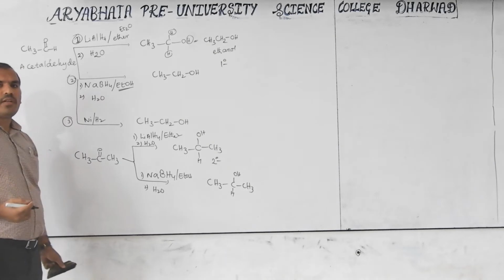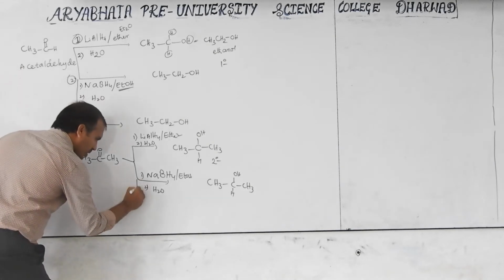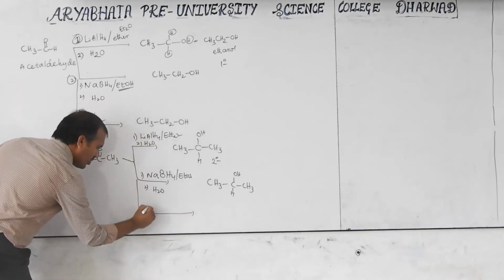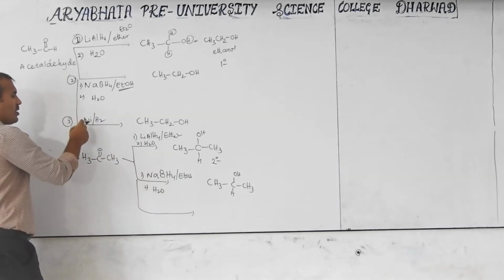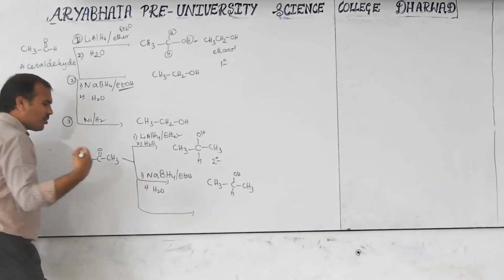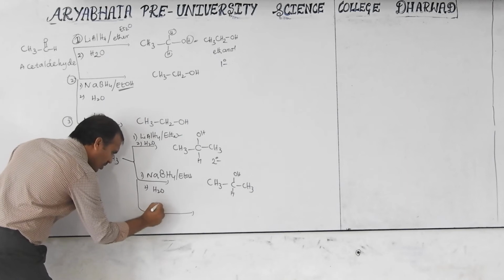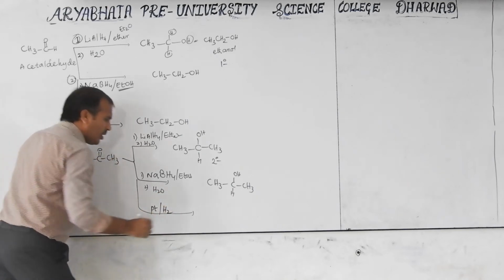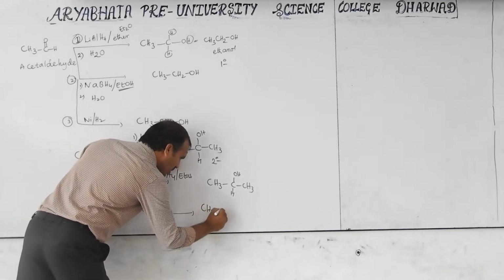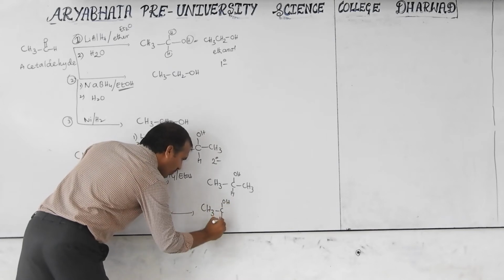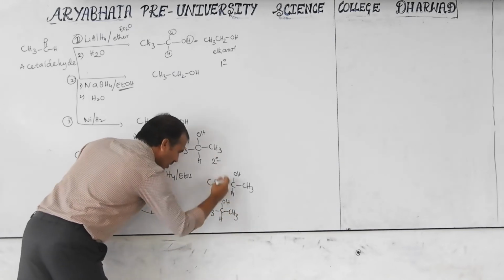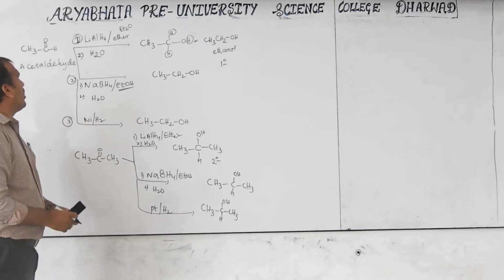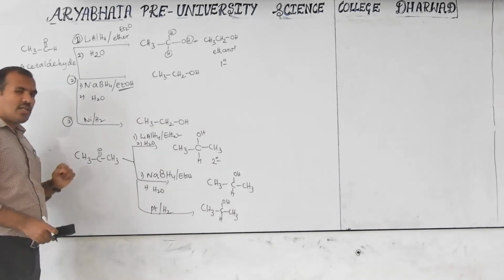Hydrogen addition is known as reduction. Then the third reagent, now you can use platinum also, because already you used nickel here. You can use platinum also, palladium also, no problem, and hydrogen. And here also you get the same products. All are secondary alcohol. Now aldehyde completed, ketone completed.